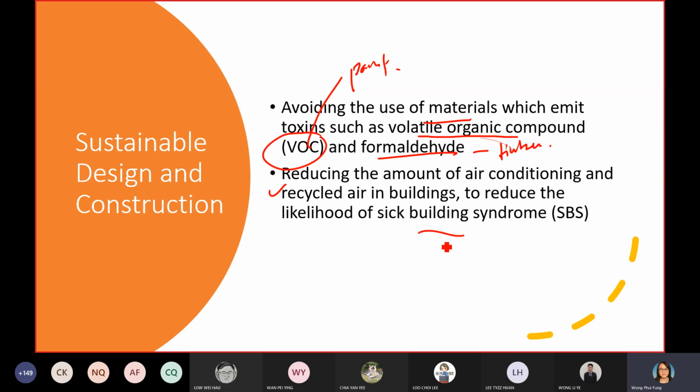So if we can practice passive design to allow more natural air to improve the ventilation, we don't need to install so many aircons, because the longer and the more frequently you use the aircon, it's not good for your body. It will make your skin very dry, your eyes also dry, and your throat also dry. So in the long term, using more aircon is actually not so good for a person. All right.